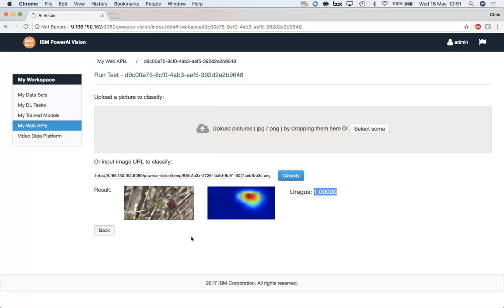But the other thing that is really awesome about this is if you look just to the right of that photo of the bird, we've got this heat map. Now, what does that mean? Well, that's showing us what bits of the model activated. So this is telling us what bit of the image made PowerAI Vision say that it was that type of bird. Why has it activated there? What's the reason behind that? And as you can see, it's activating over here, which is obviously where our bird is, but particularly where the head of the bird is. So it's this bit that our model thinks is particularly Uragus-like, which is awesome,